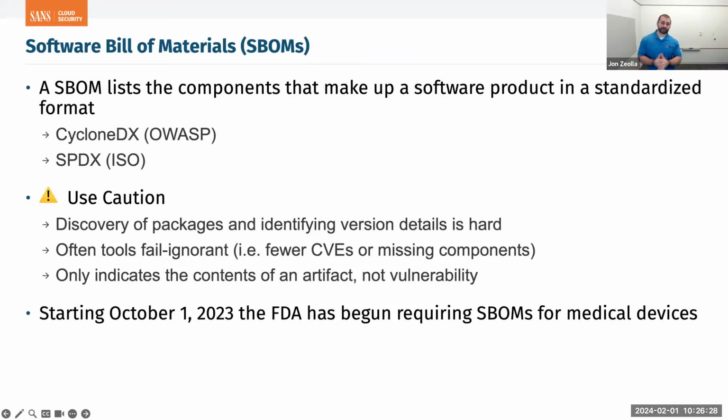So by now, you're probably feeling like this is a bit of a fire hose. Luckily, we've got this recorded, but there's a lot of different parts to this. And again, they're fixing and focusing on different parts of that pipeline. Next, we're going to talk about software bill of materials and SBOMs, extremely popular to talk about.